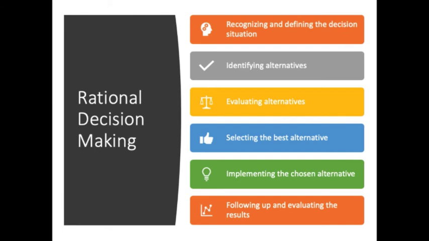And then what's the next step? Do you have to amend or adjust or refine the way that you're deploying that alternative? Do you need to backtrack and select another alternative instead? All of those things in terms of, in a sense, closing the loop on this rational decision-making process. So let's see if we can give you an example to contemplate just as we look at this sequence of